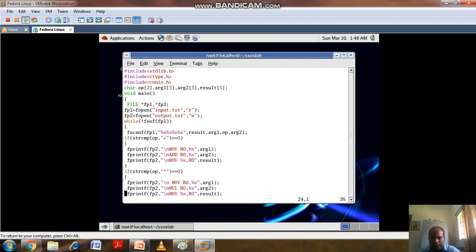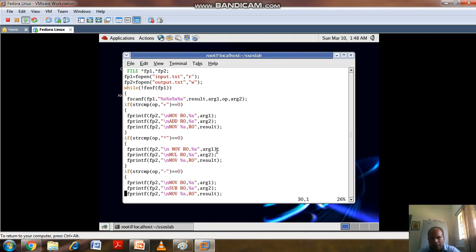Similarly, next, if it is multiplication, then the value of argument 1 will be loaded to R0, and the value of argument 2 will be multiplied with the content of R0, and the content of R0 will be stored in result.